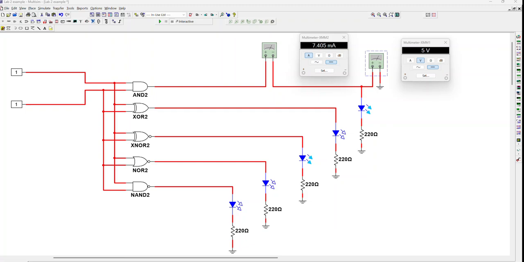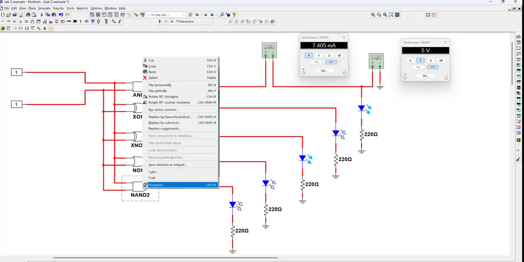Okay, this is the beginning of Lab2A, and these are the logic gates. So you can do the minimum of 1, 2, 3, 4, 5. You can add another gate if you want. This is probably the easiest way to do that, is to click on Properties, and then